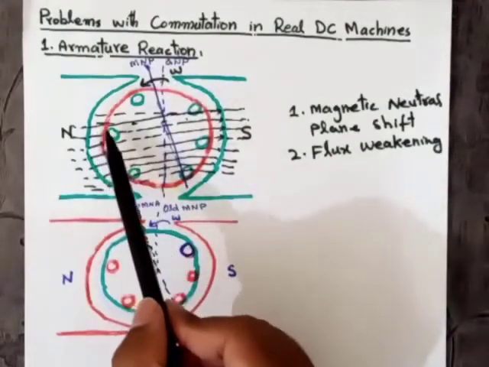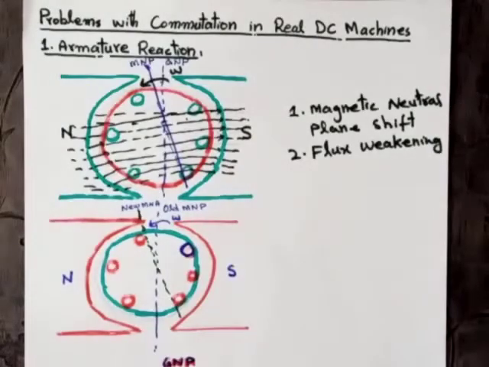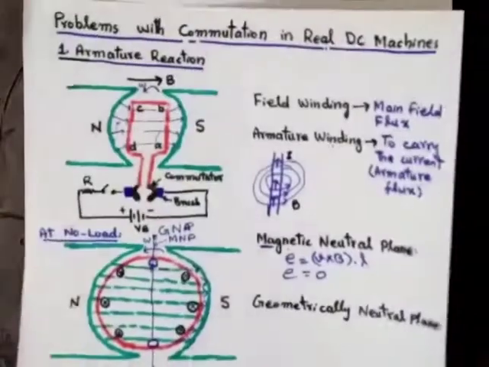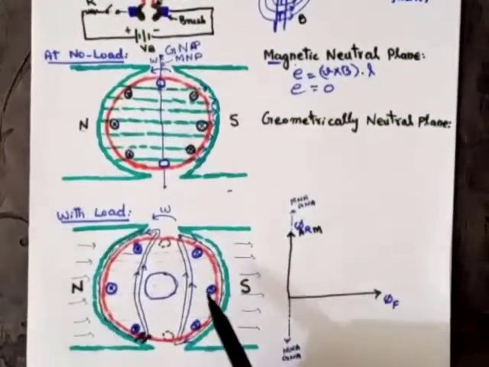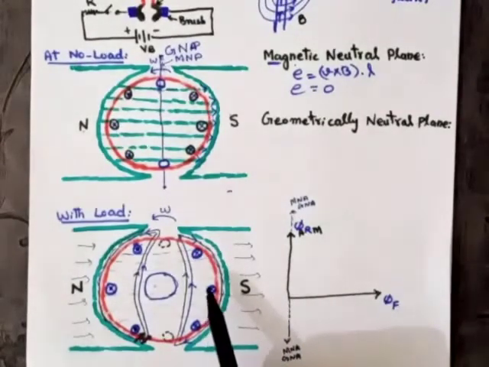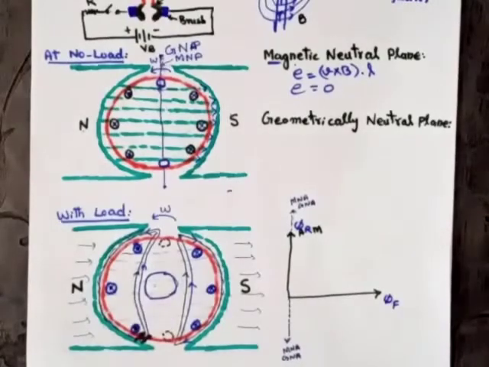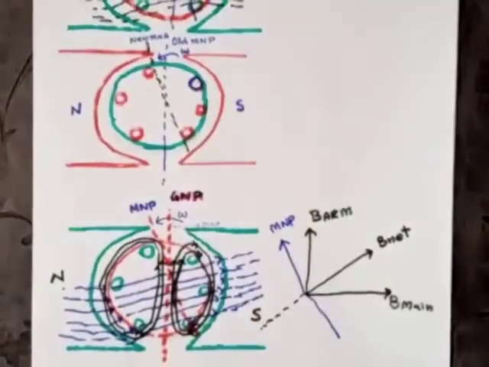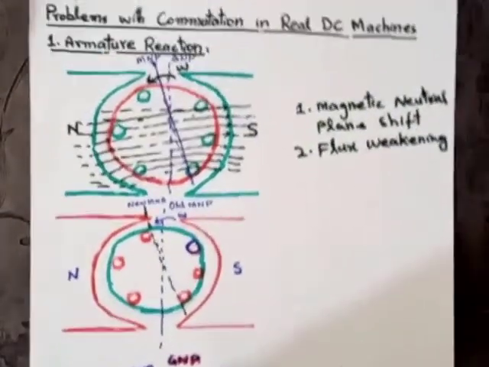Now, the direction due to the armature field flux, as you can see in this figure: when the load is connected, current will flow across each coil of the rotor. Due to this current, magnetic flux is produced across the armature winding as well. This magnetic field disturbs the original magnetic field. Due to this, the direction of the original magnetic field is changed, as you can see in this figure.